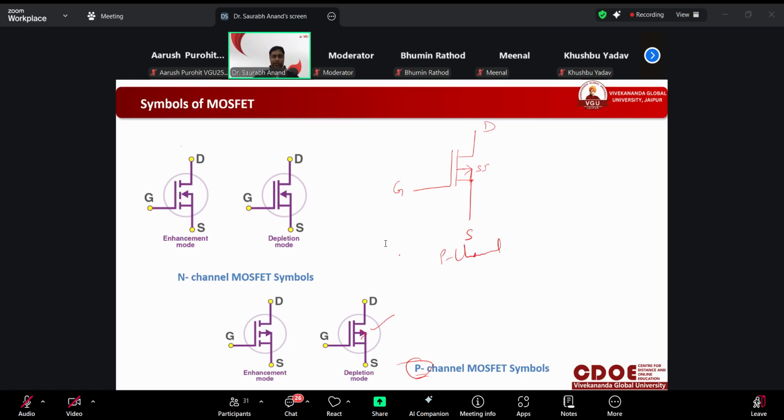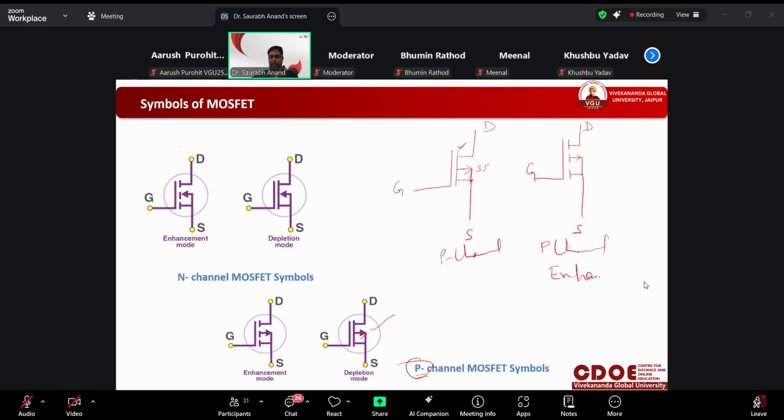So in depletion type, this line is completed, while in case of enhancement, it is incomplete because channel is not there. Channel is not there, so we can draw here. This is gate. We will draw three lines. This line is of drain, this line is of source, and this line is of body. So it is outside. So it is P channel